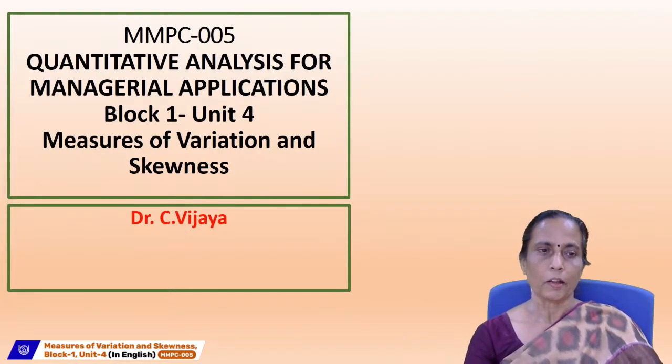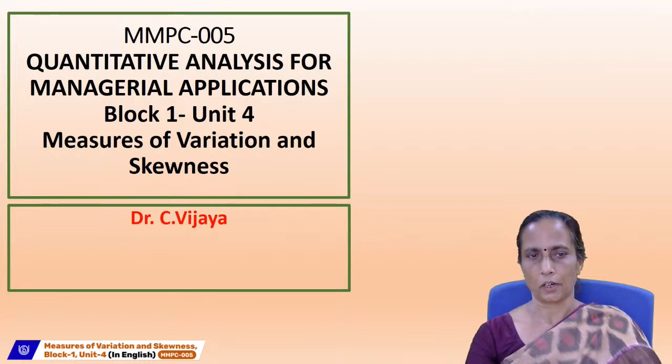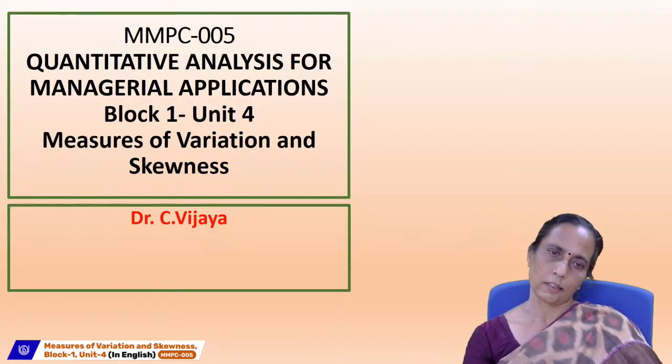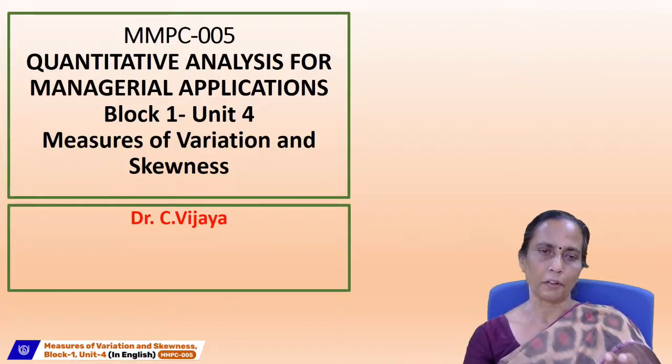So today we will be discussing a measure that is called variation, or else we call it measures of dispersion, which indicates that it may so happen that you are given two series of data. When you calculate the mean of the two series of data, it is one and the same. But